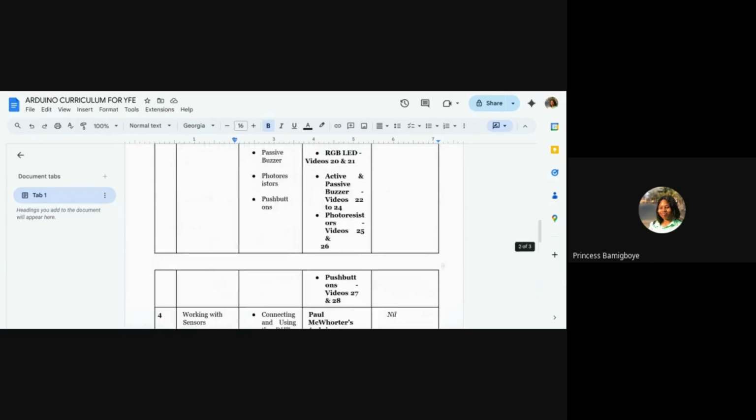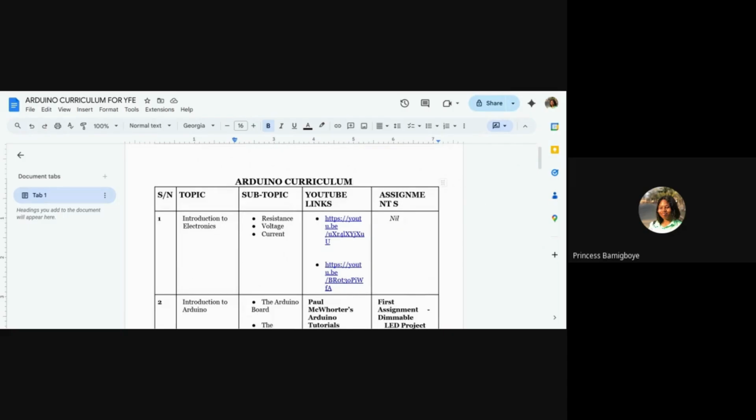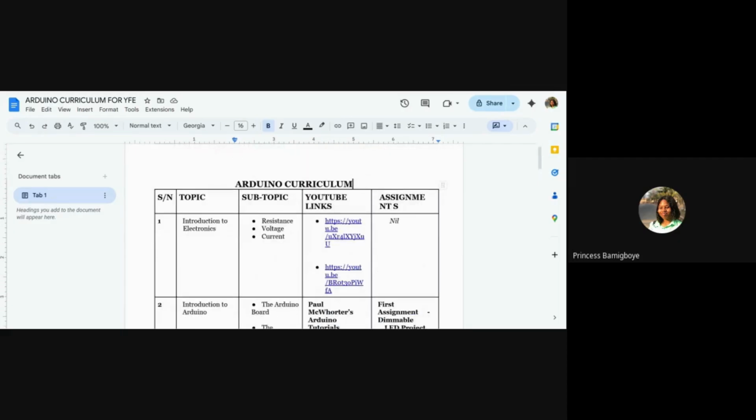Then I want us to work on a project, even if it's a mini project, so that we sharpen our understanding of the Arduino and embedded systems curriculum, so that when we go deep into embedded systems, we have a good understanding.